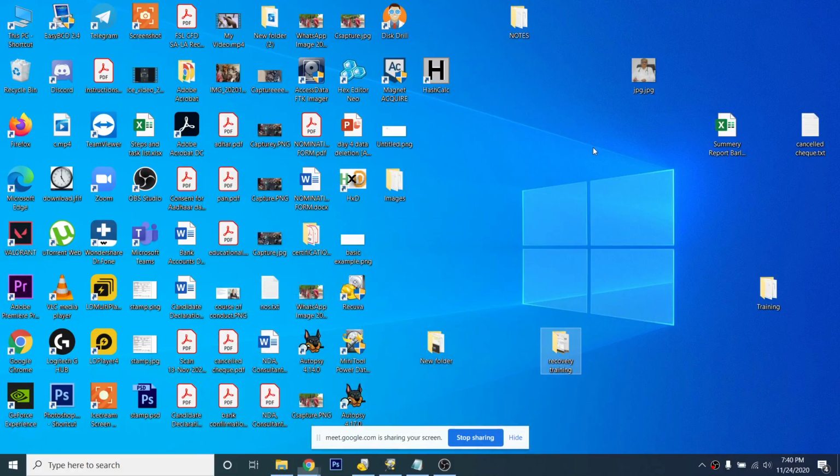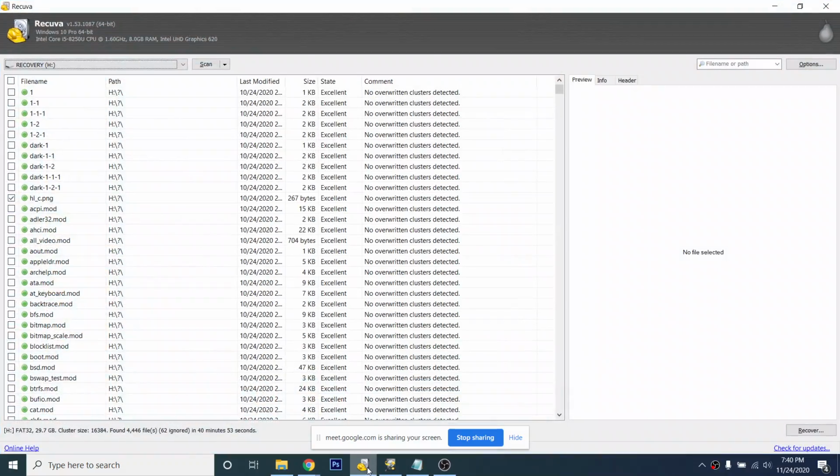So, starting from where we left yesterday, we were on tools, and all the tools were in process. We have used three tools. One was TestDisk, which was a bit manual, and the rest two tools were automatic.